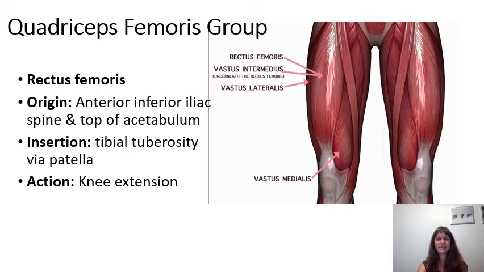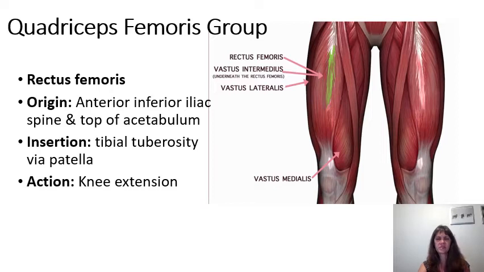On the anterior aspect of the femur, we have 4 muscles that make up the Quadriceps femoris muscle group. Femoris meaning femur. Rectus femoris goes straight down and is the most superficial of the Quadriceps femoris muscle group. Its origin is at the anterior inferior iliac spine as well as the top of the acetabulum. The insertion is the tibial tuberosity,